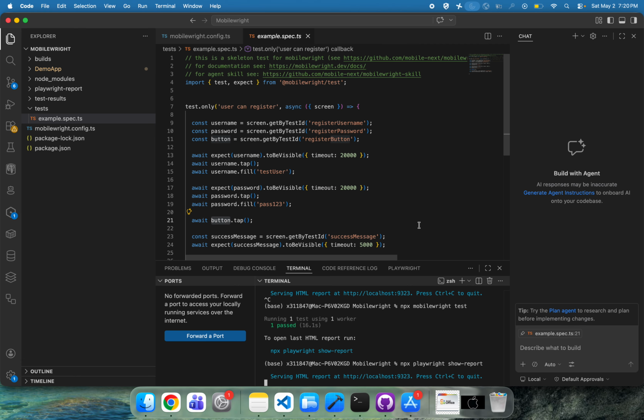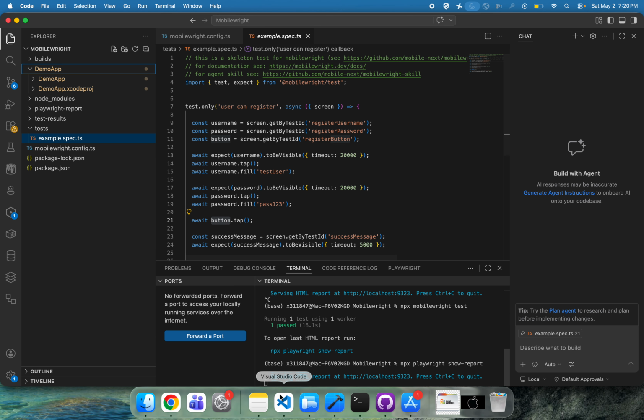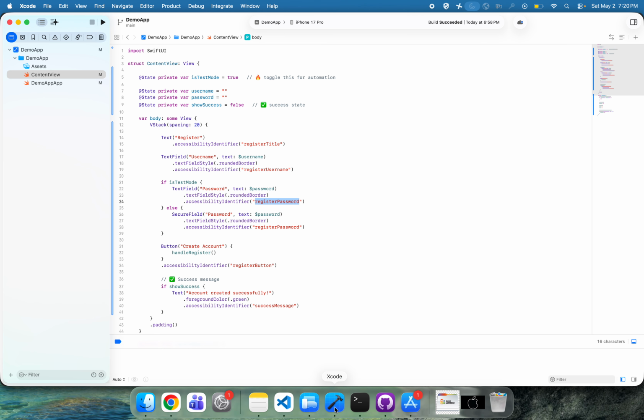And also, I do not have an application on my machine to test, so I had to build an application on my own. For that, I just need to install Xcode. If you have a Mac machine, you can just install Xcode. Otherwise, if you have Windows, probably you can install Android Studio and build an app, and that app you can use for testing. So I just built an app,